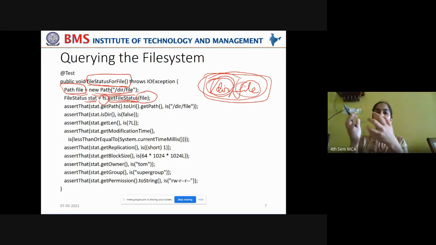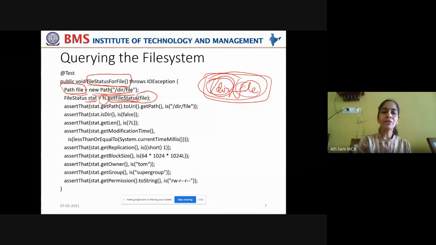Okay, now all the metadata about this file on the Hadoop file system is being retrieved, and that data is being stored in this file status object stat.